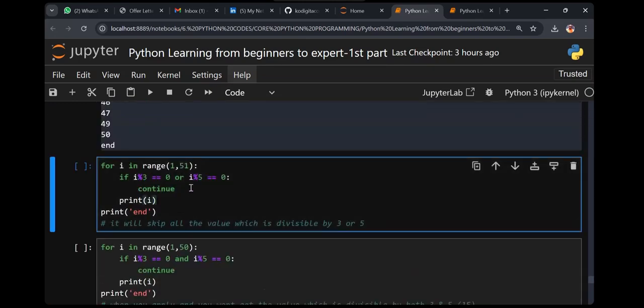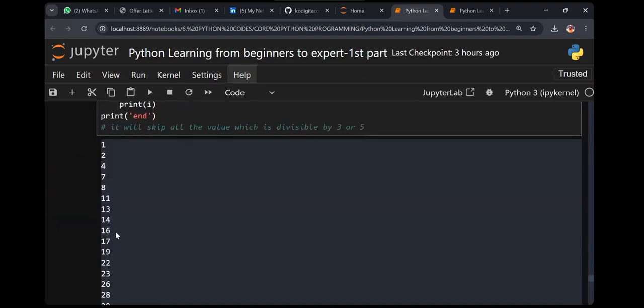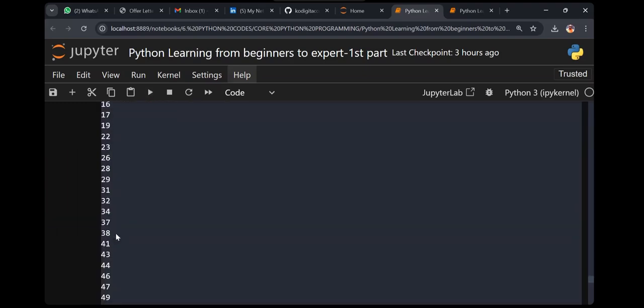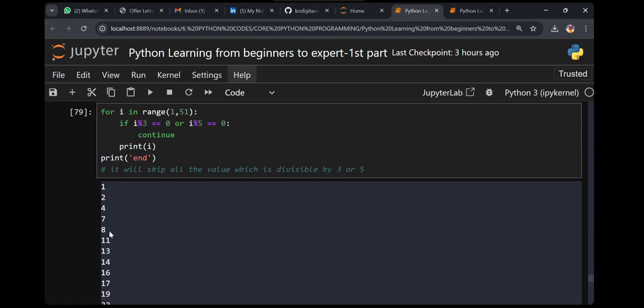Can you use the OR operator, AND operator? So when you use for i in range, if i mod 3 equal to 0, continue and execute. Do you see, guys? You get the result where you don't find numbers which are divisible by 3 or by 5.